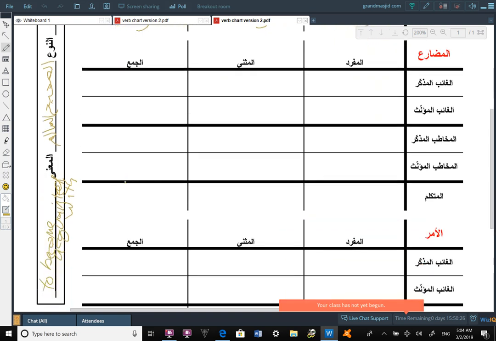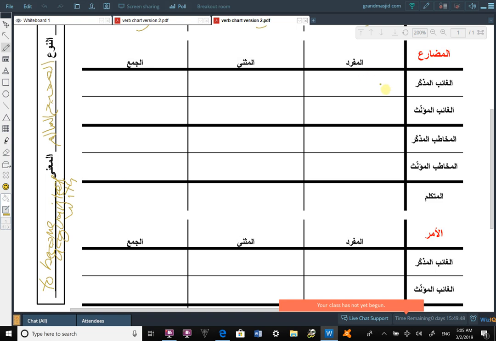Your present tense, we take the past tense and we just add the present tense letter along with a fatha. Form 1, Form 5, we add a fatha on the present tense letter. Jalasa yajlisu. Ya with a fatha. Yet, when it comes to Form 2, jalasa yujallisu. Ajlasa yujlisu. For 2, 3, and 4, we're going to add a dhamma to the present tense letter. Forms 1 and 5, we add a fatha to the present tense letter.